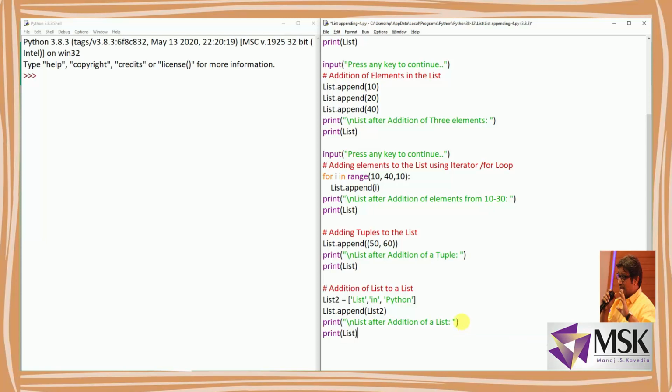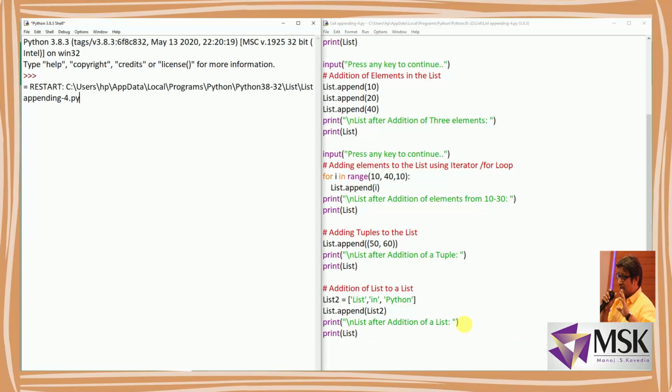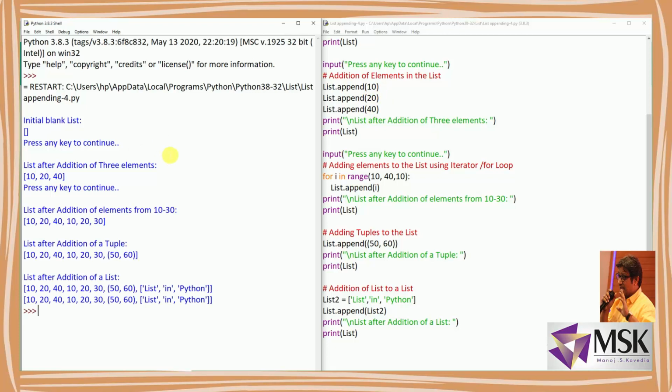So let's execute this program. First a blank list is created, and then the elements 10, 20 and 40 are added. Now you can see the elements added from the range of 10 to 30. First it will add 10, then 20 because the step size is 10, then 30.